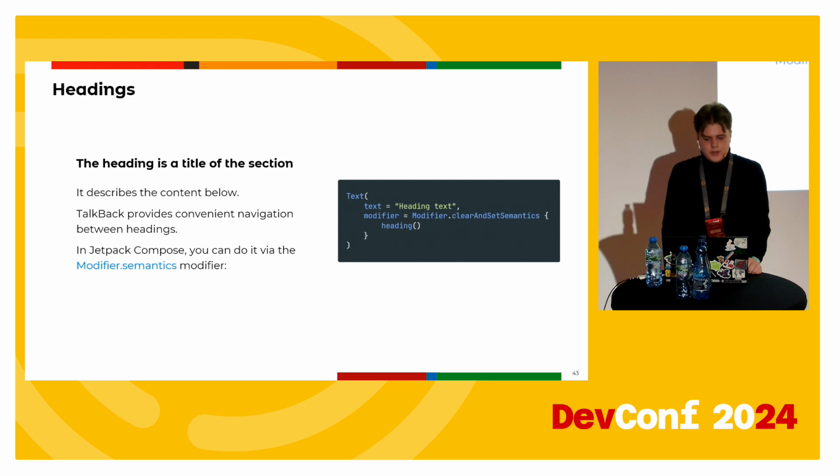WCAG has several guidelines related to headings. In the case of websites, there are 6 heading levels. In Android apps, we have only 1. The heading often corresponds to the headline text styles. Choose the number of headings wisely. Too many of them may clutter the navigation. Too few, on the other hand, can make it difficult for users to find the desired part of your app. There usually has to be at least 1 heading on each screen.